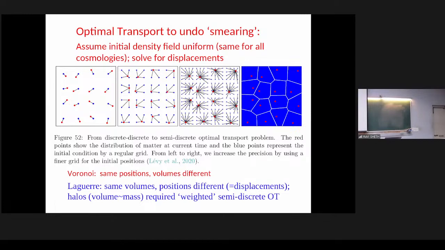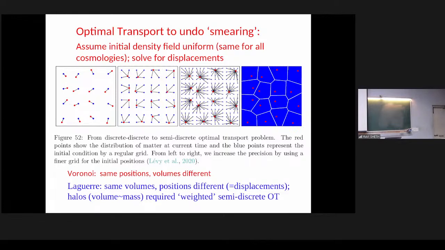If the particles cross each other, then you'll have some ambiguity in what particle should be with what breakpoint. So you don't want the shell crossing to happen. In computer science jargon, it means you want the convex potential that is describing the space. What the computer scientists have done is they have found a super fast way of solving this for this convex potential. So we're going to use that.